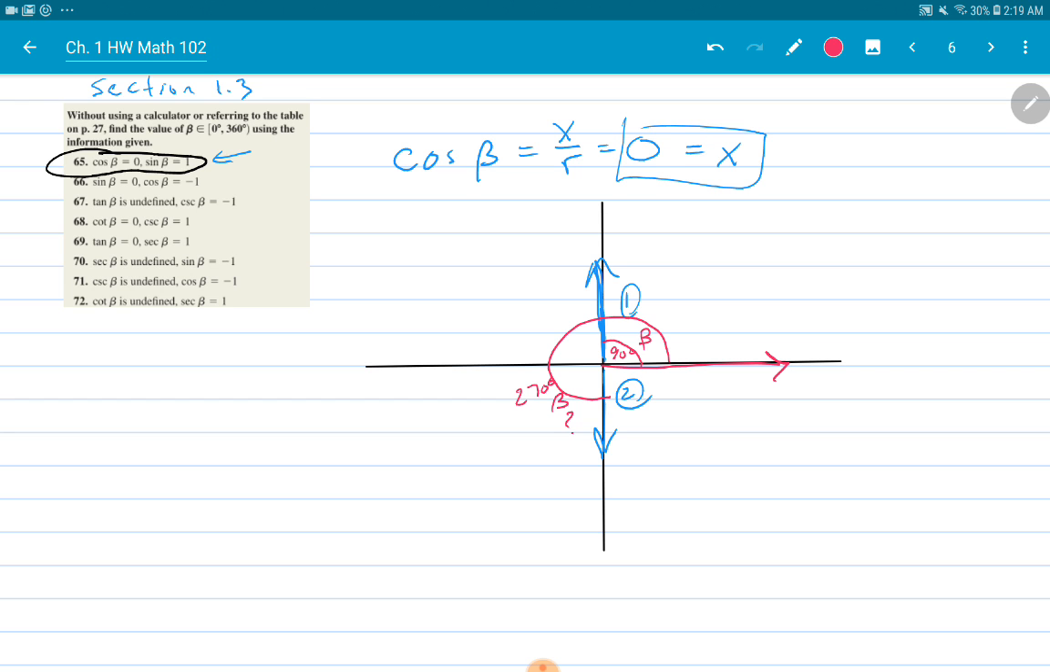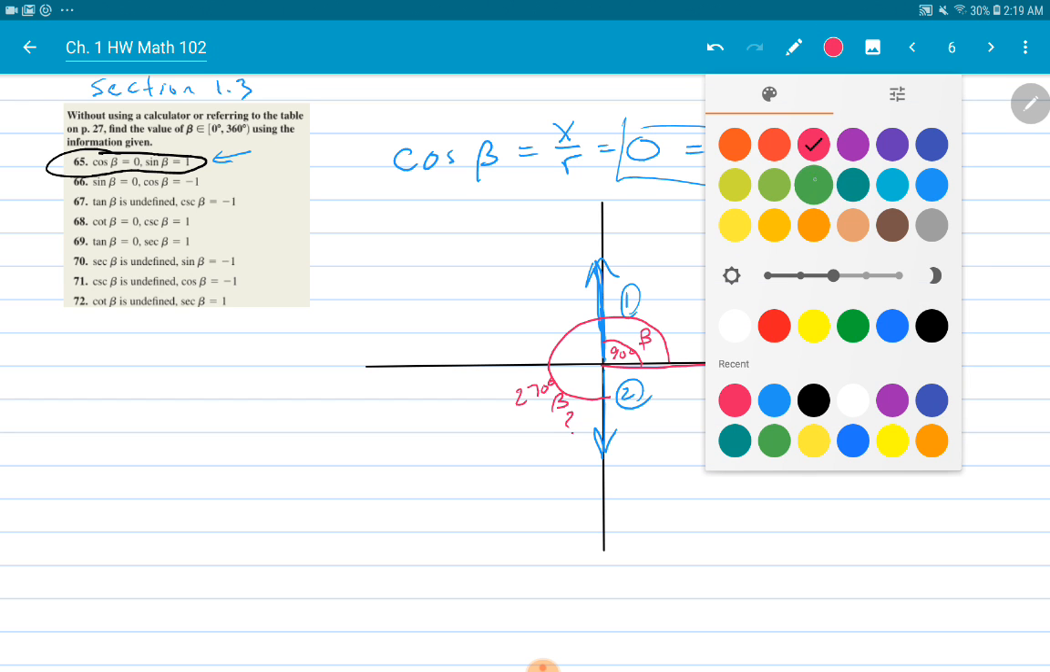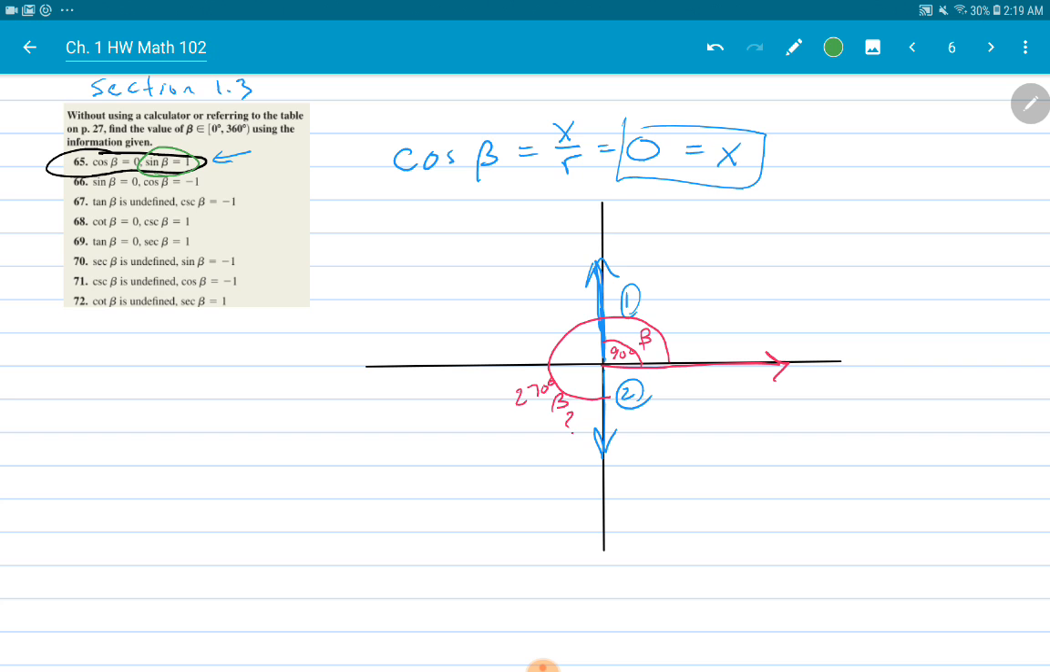So I look at the next piece of information. Let me get a new pen for that one. I'm looking at sine of beta equals 1. So sine of beta is y over r. That equals 1. That means y must equal r. It's the only way a fraction can equal 1, if the numerator and denominator are the same number. So if y equals r,